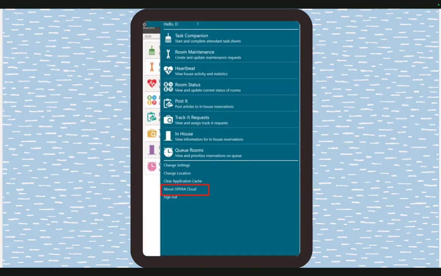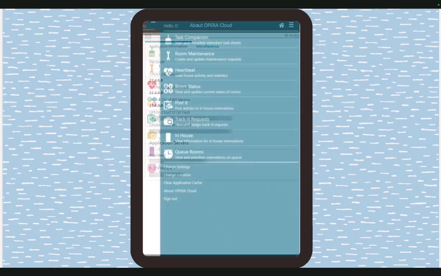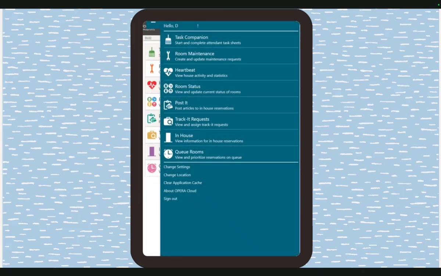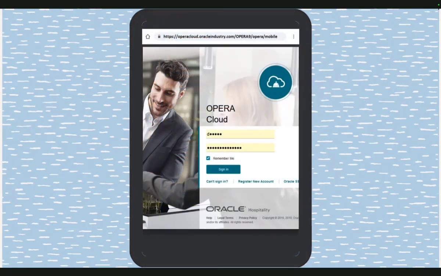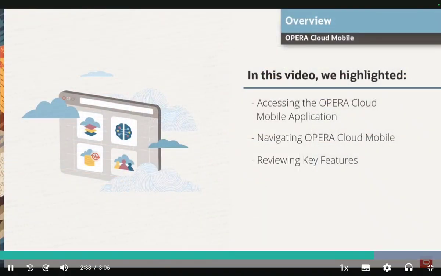About Opera Cloud will provide information for the version of the product installed. This information is helpful when contacting support. The final action listed is Sign Out. When selected, it will return you to the login screen. In this video, we highlighted accessing